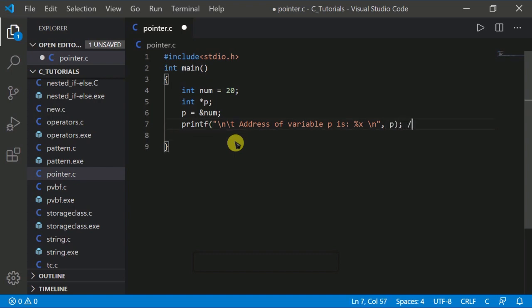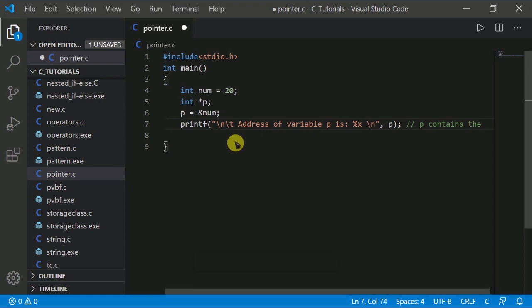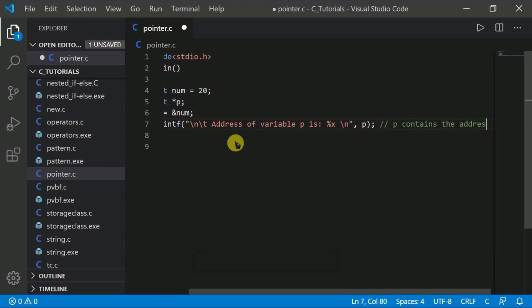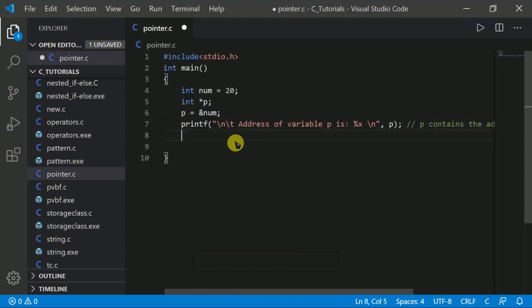Let me tell you what is in this line. p contains the address of variable num. After that, printf and slash n, and we make it slash t.